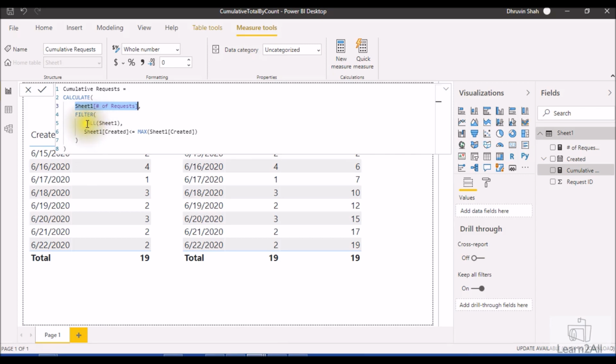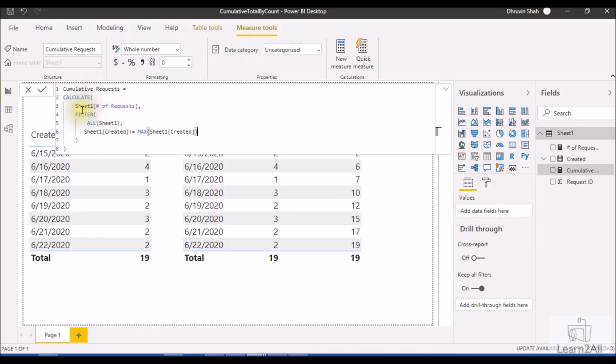In FILTER we need to use the ALL function and inside that we pass the entire table. After that we apply the filter condition that created is less than or equal to the maximum created date. So it will gradually perform the cumulative sum over here.